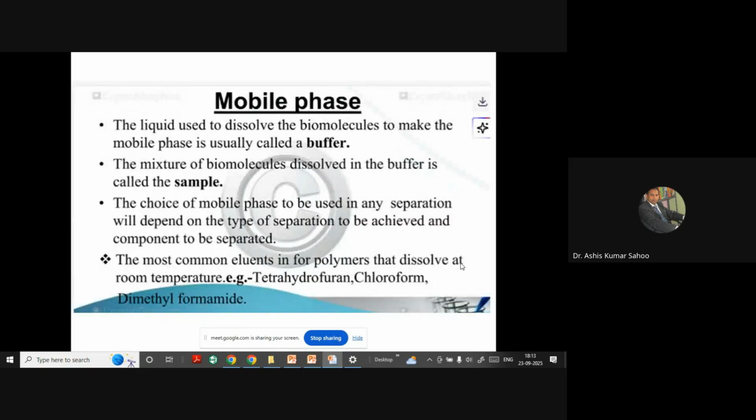So what is the mobile phase? The liquid used to dissolve the biomolecules to make the mobile phase is usually called